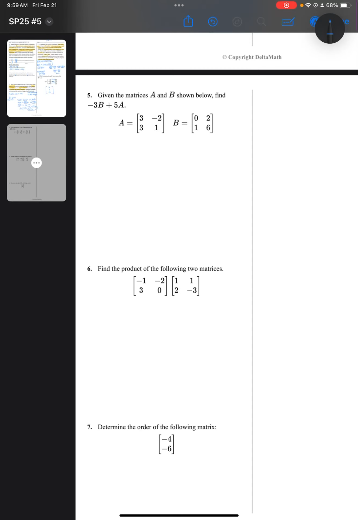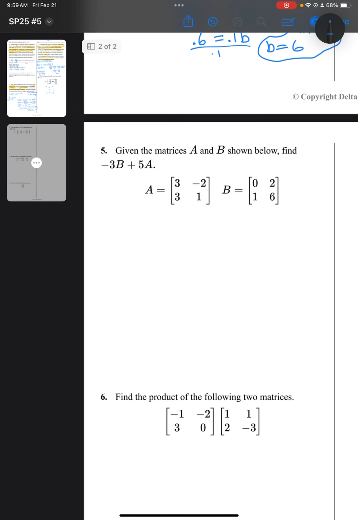Alright, like I said, I'm doing the other matrix problems in their own video just because I want to have my own time to take solving these. Alright, so